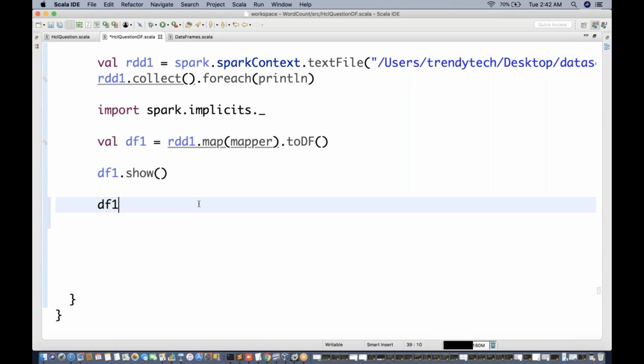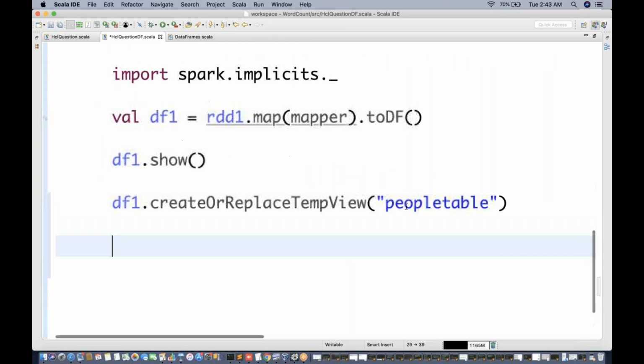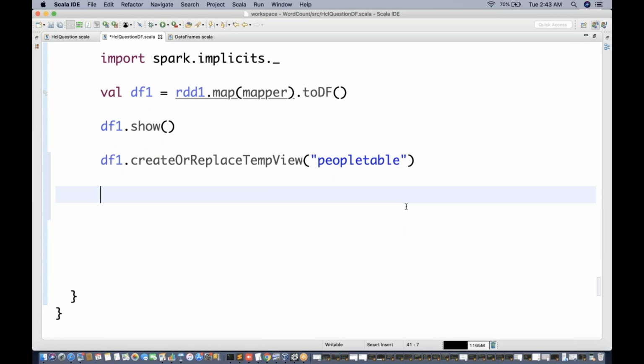So we will say df1 dot create or replace temp view, and then we will give some name to the table. We'll say people table, for example. Any name you can give. Now we can query this table as if it is a SQL table, a MySQL table or something like that. So we can say spark.sql select star from people table limit 5, or whatever, the entire thing we can show, dot show.